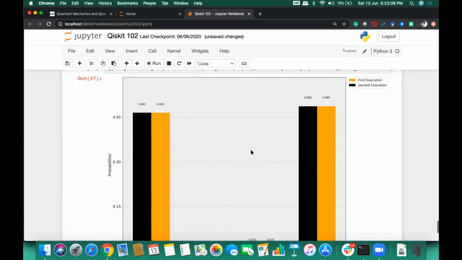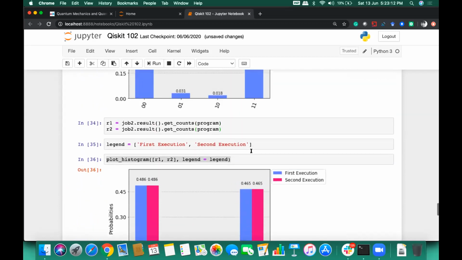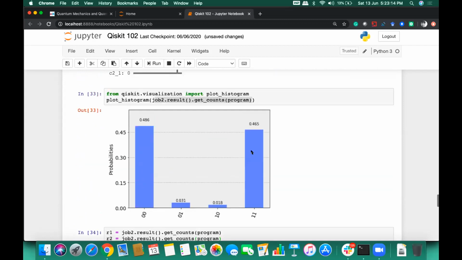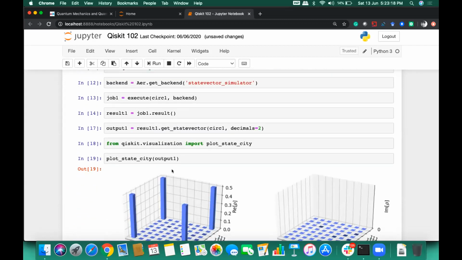Next is plot state. So we can even plot certain states of the quantum circuits or qubits. Last time we just covered plot state city. Why we plot the states is that this can help in debugging the circuits, either from the simulation or the state tomography part.